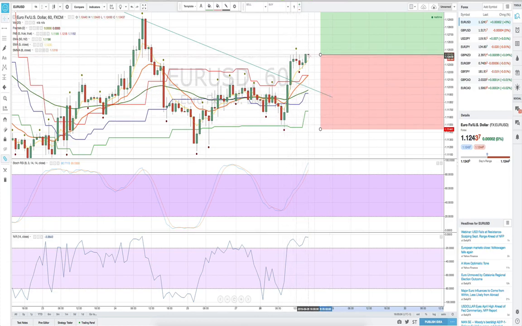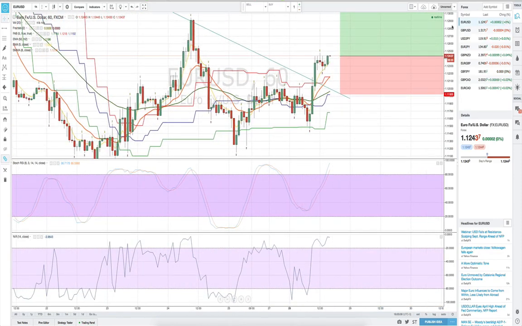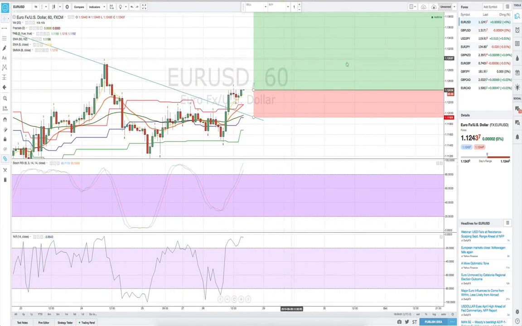What I'd like to see maybe during this Asian and even the European session is price to come back down, hit that area here where all this resistance was that has now become support, get very close to that trend line, and then buy on that pullback there with a much, much tighter stop loss at that point, probably a stop loss somewhere around this area,